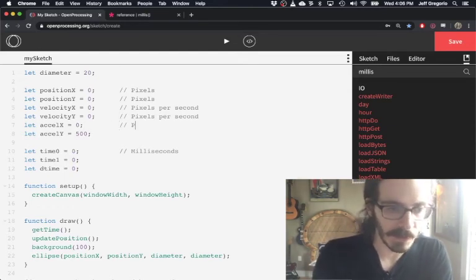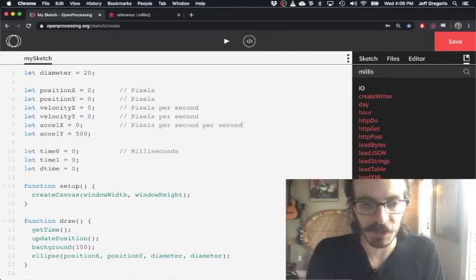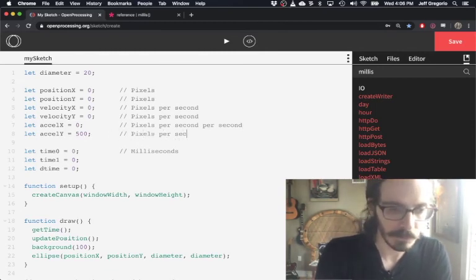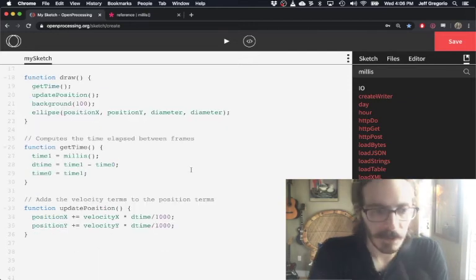So we'll make that 0, make that 0, line things up again, and I'm going to put in some more comments here. This is pixels per second, which is just another way of saying pixels per second squared. Again, the process is the same. So instead of